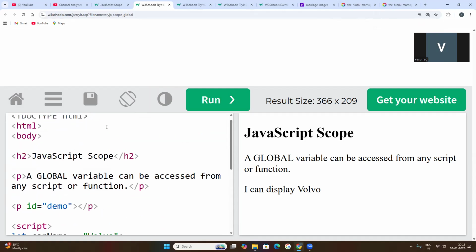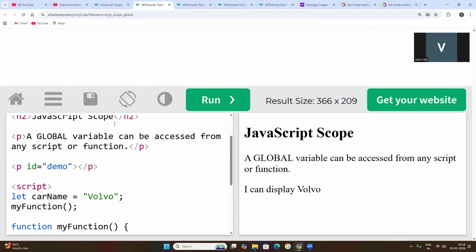Now try to understand how the global scope works. As I told you, scope is nothing but how you are able to access the variables. That is called the visibility of the variables, and that is called the scope. What do you mean by global scope?